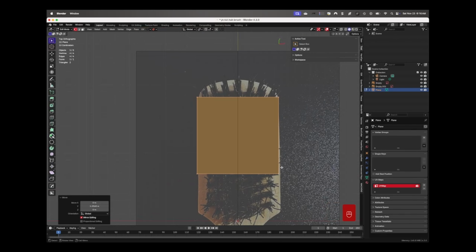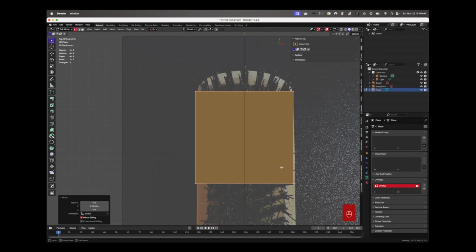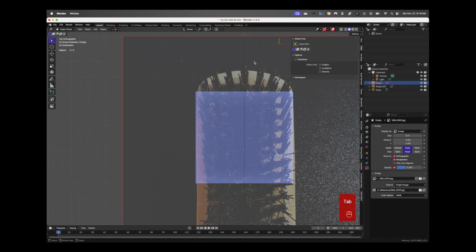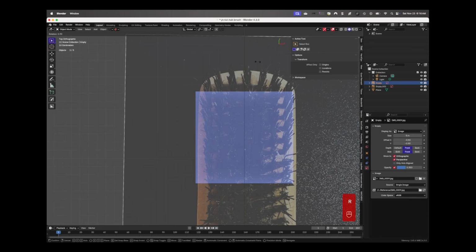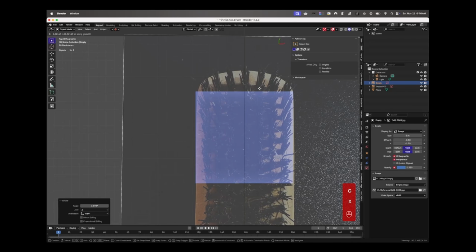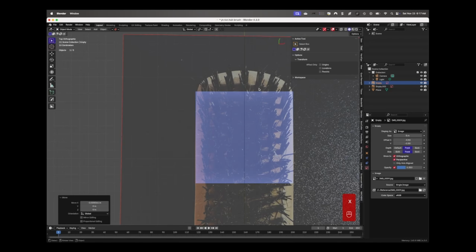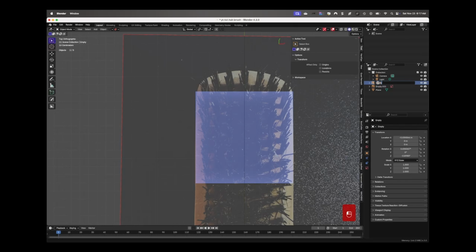And if you notice, you'll see that my reference image is a little off. I know that my object here, or my plane, is correct because it's based off the origin, so it is straight. So what I'm doing is I'm rotating my top view of my reference photo to better align it. It's not going to be perfect, but it doesn't need to be. As long as we're very close, we should be good.